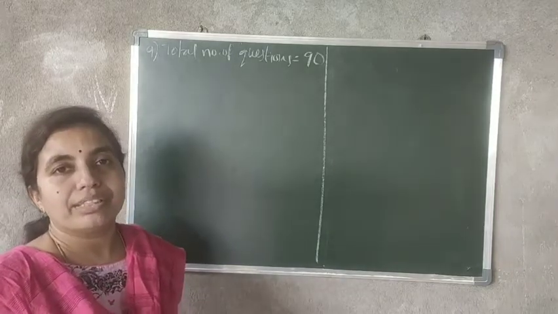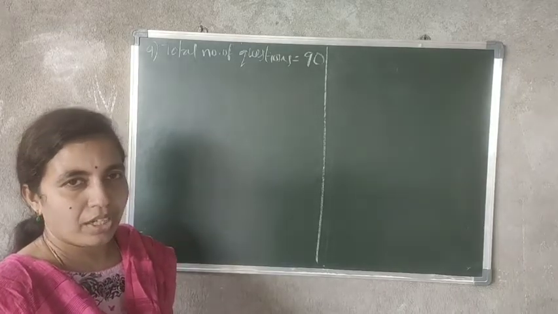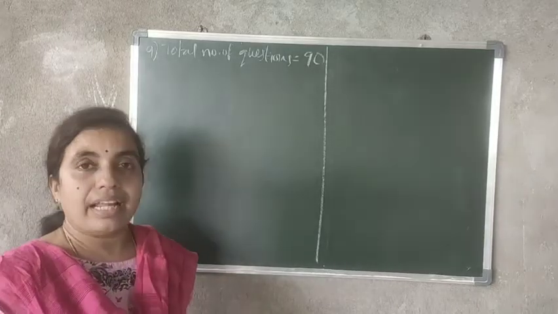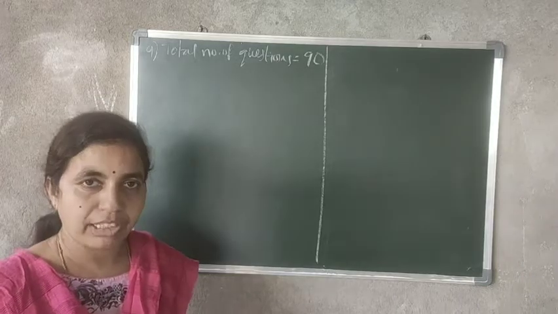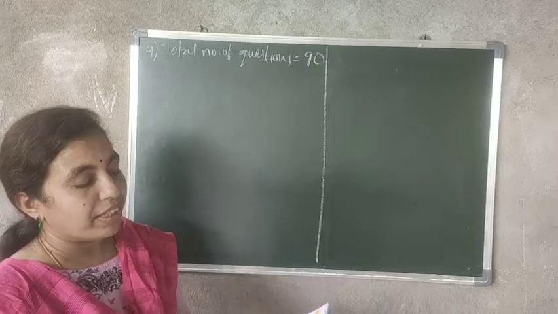Now this type of questions in integers you have learned in 7th class, first chapter, integers. There we have learned for correct answer plus 4 marks, for wrong answer minus 1 mark, like that. Same like that only, here also they have given that. What is given? 2 marks are awarded for every correct answer.